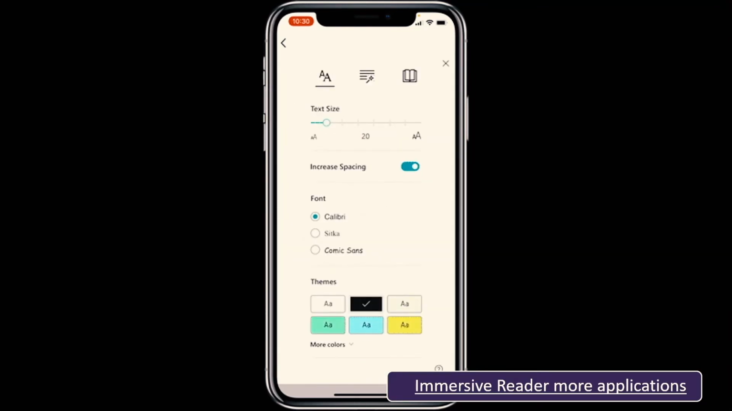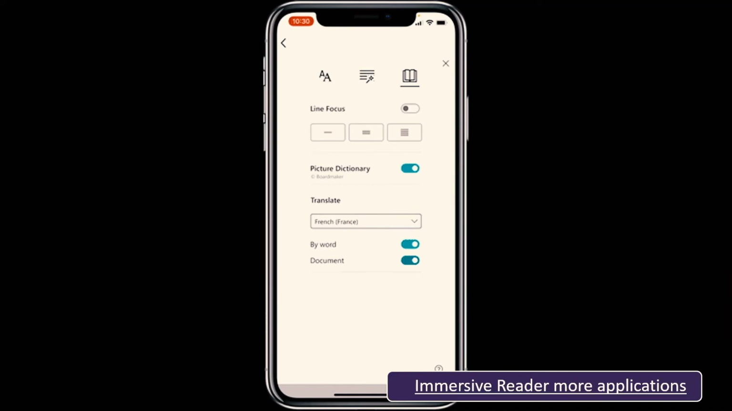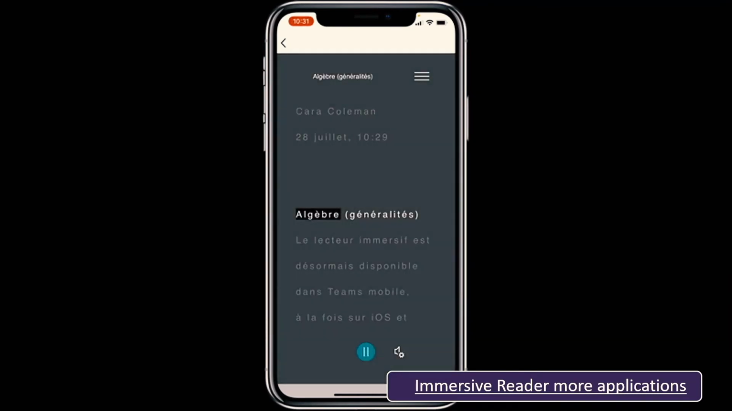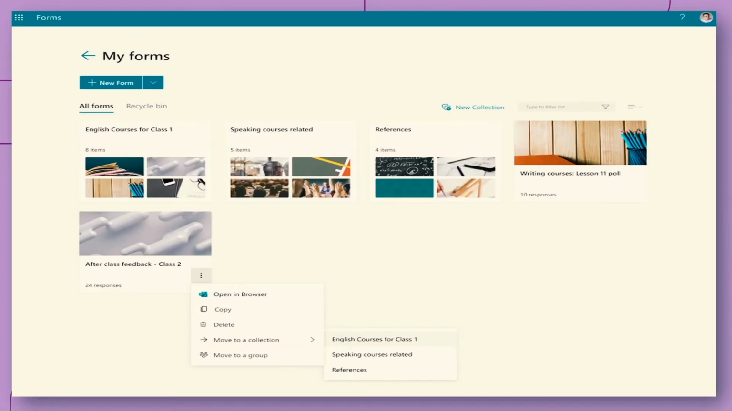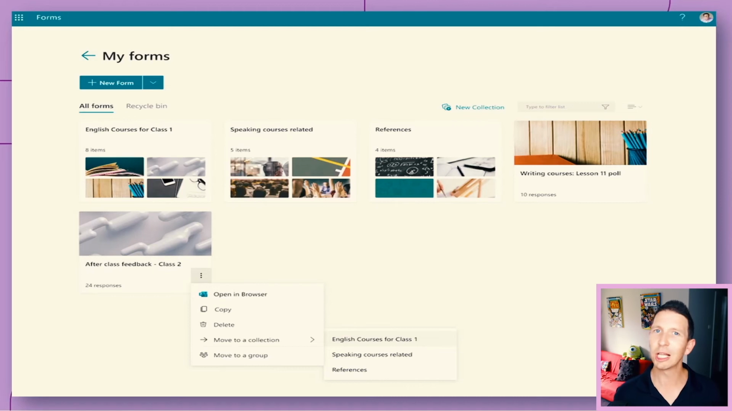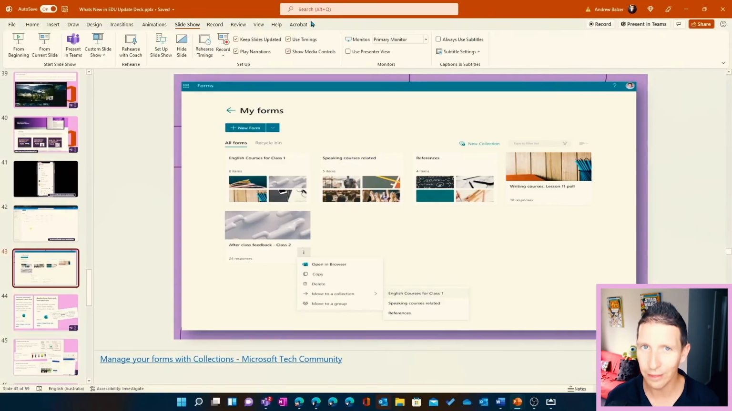So if you need those accessibility support options on your mobile device or your tablet, you can use the iOS or Android Immersive Reader support right there in Microsoft Teams itself. We also have collections in Microsoft Forms, so you can now organize all of your forms into lovely little collections so you can find them and keep them relevant to that subject area, English, mathematics, history, for example. Super excited about collections. Now, let me show you how to do that because it can be a little tricky